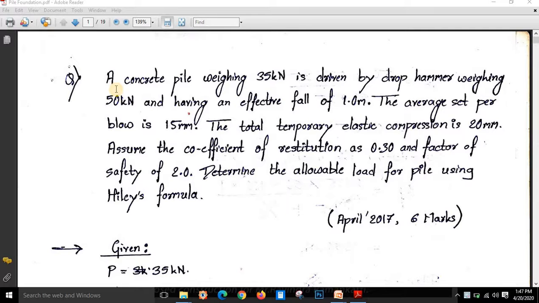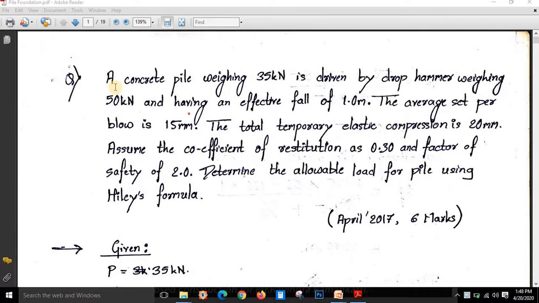So in today's session, we are going to study the examples on pile foundation. In the previous session, we studied the types of pile foundation, the advantages of pile foundation, when to use the pile foundation, and the different types of pile foundation. We have even studied how to find the capacity of a pile using various methods, how to find the efficiency of a pile in a group, and how to design a pile in a group. So further, in today's session, we are going to study